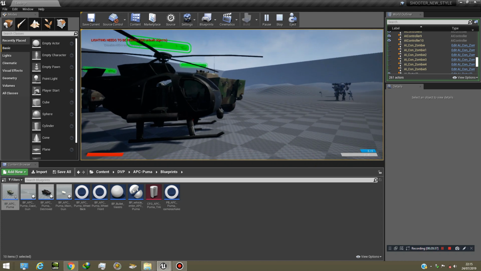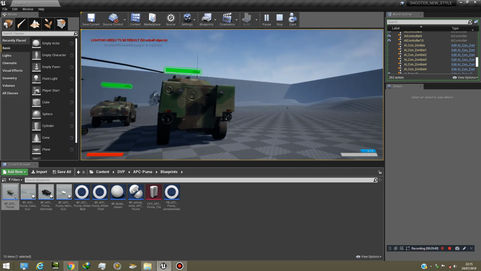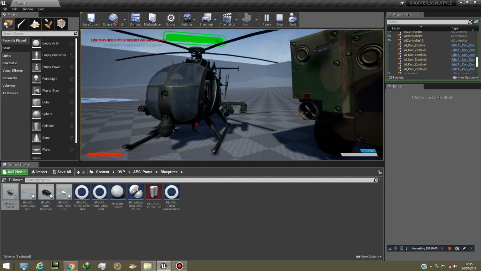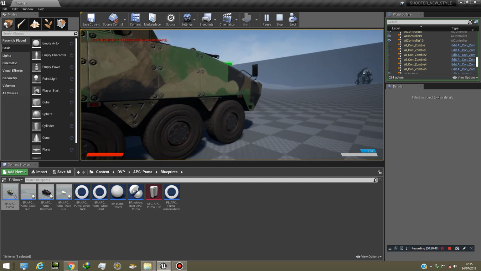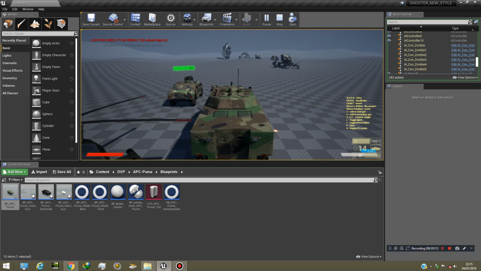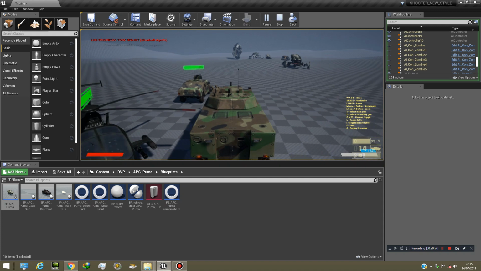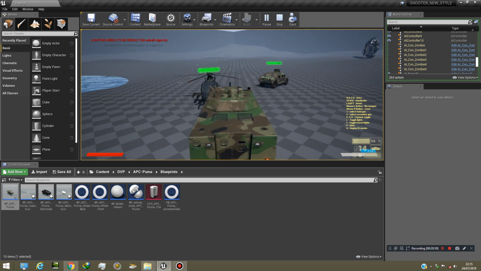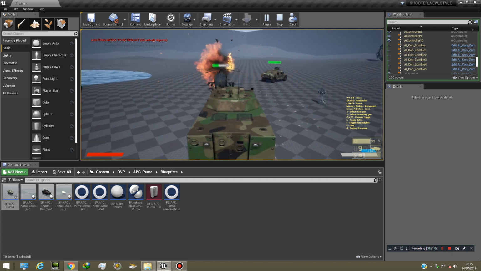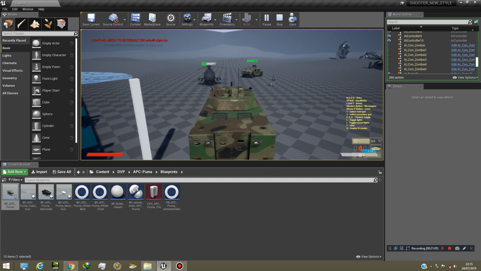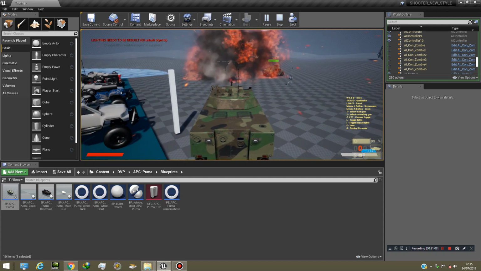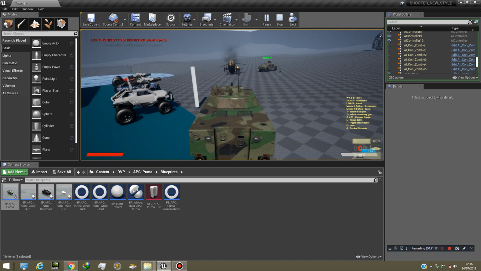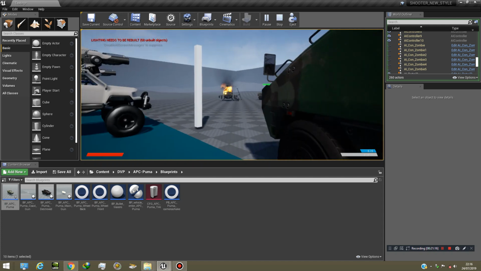You see, before, with another vehicle, this one was working fine to damage another, maybe even the helicopter. Let me try to damage the helicopter with this. Okay, so the helicopter can be damaged with this tank, and it's great. Also the enemy, this is great, but the problem is that